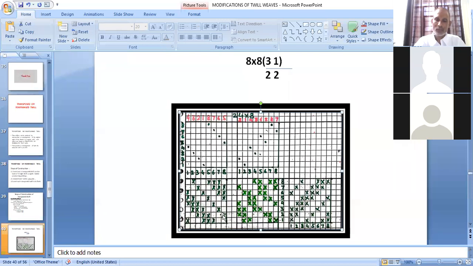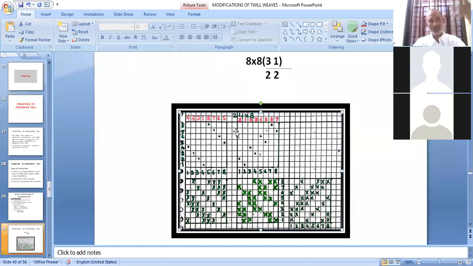Here I have taken 2 examples. The twill is in 8 cross 8 here also, and the design is also 8 cross 8. If we are taking this type of draft in 8 cross 8, this twill we are getting. If you are taking this type of draft, it is resulting in this type of twill with the same lifting plan. Here, this draft is constructed with group size 4. So you can see 1, 2, 3, 4 we converted into 4, 3, 2, 1 and 5, 6, 7, 8 we converted into 8, 7, 6, 5.